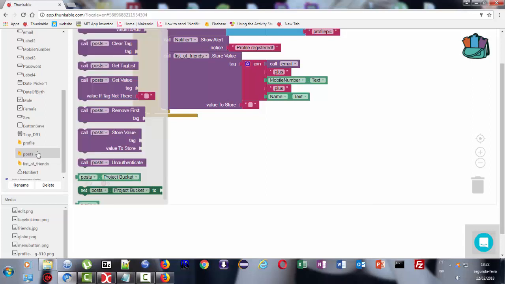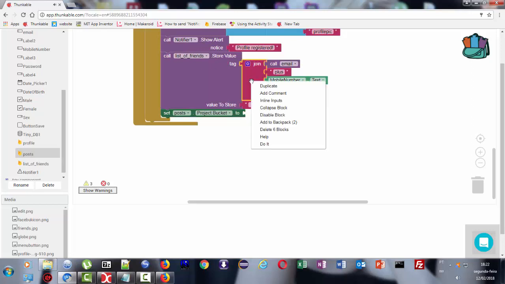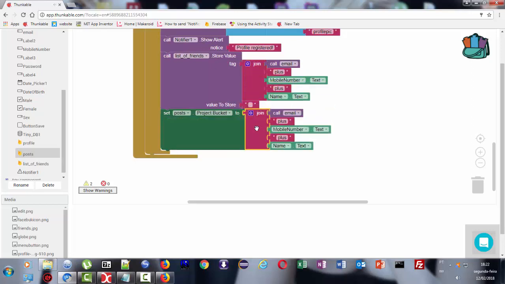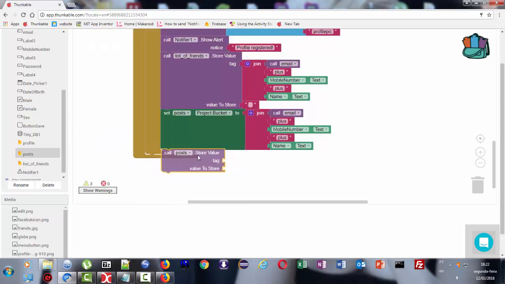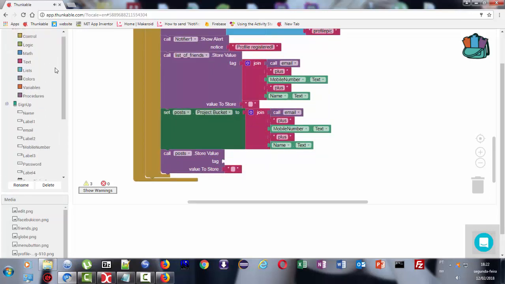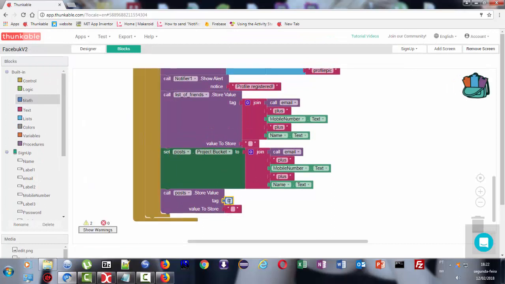Now the posts, we're gonna change the post project bucket to the ID. There is this thing here, and we are gonna store the first post. It's gonna be the number 1, and we're gonna call it